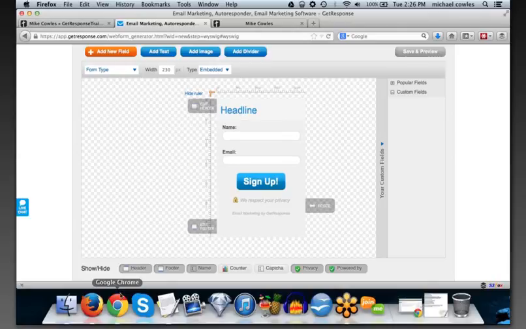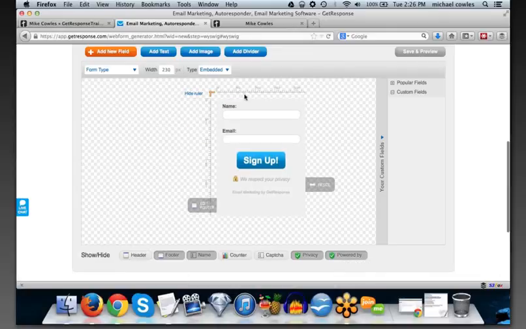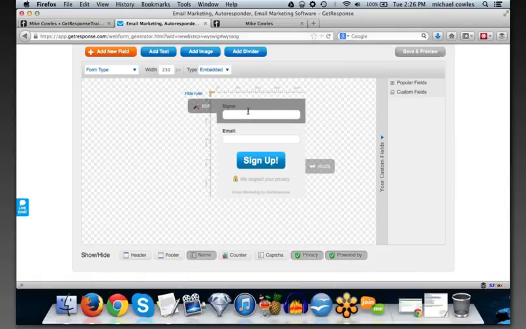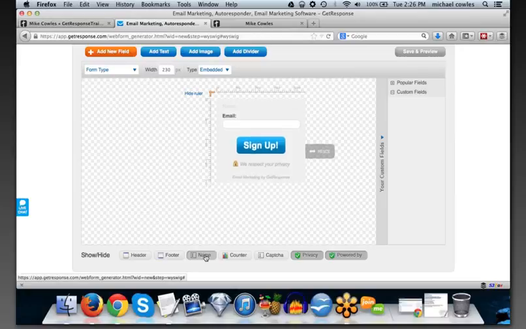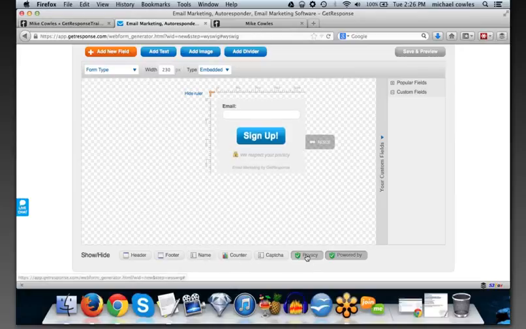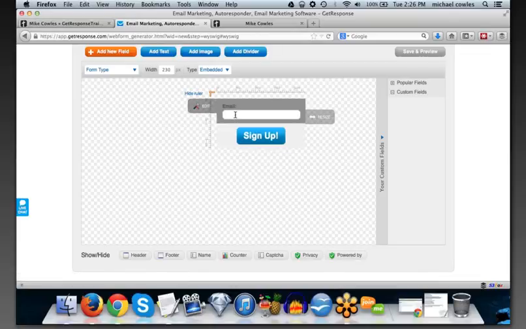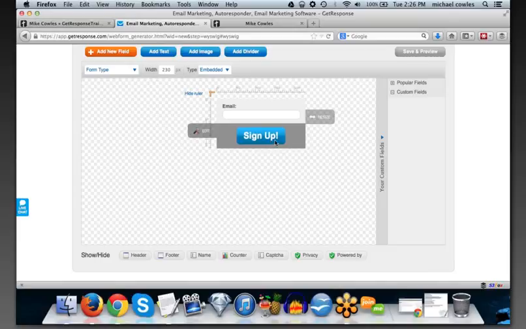So first of all, this header, we're going to click on that, and that'll delete or hide it. The footer right here, we're going to get rid of that. Okay. The name, we're going to get rid of that. Okay. And then down here, the privacy, we're going to get rid of that. Right here, this email marketing by GetResponse, we're going to get rid of that as well. So all we end up with is a place for them to put their email and the button.